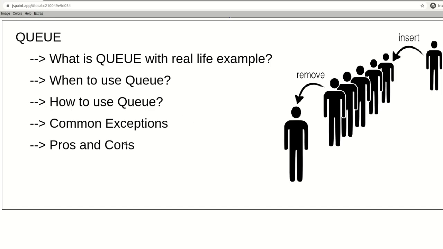Now coming to the pros and cons. Pros of the queue is that it can handle multiple types of data like int, strings, any object. So this is a flexibility in queue. It's very helpful in the inter-process communication, as I gave you the example of the job scheduling. Now coming to the cons of this data structure, the searchability is not good in this one, and to delete a middle element and all those things, it's not easily feasible in the queue data structure. So these are the cons of the queue data structure.